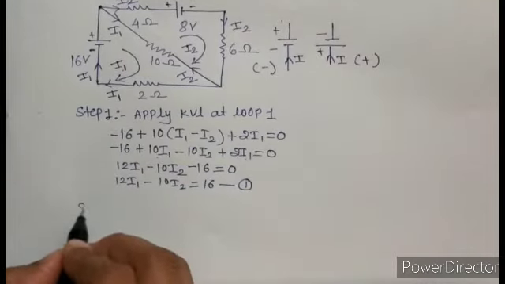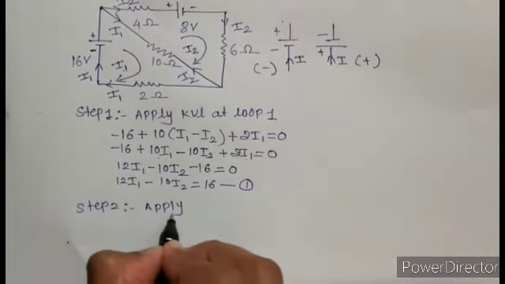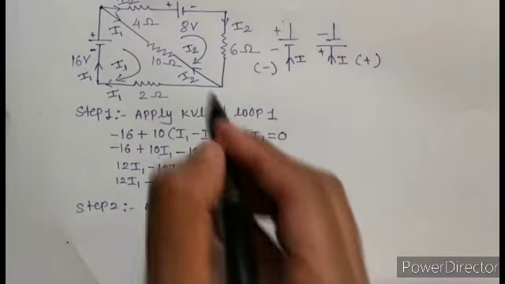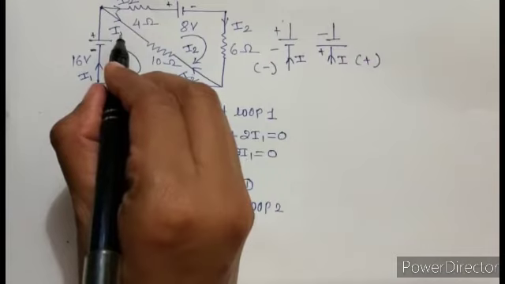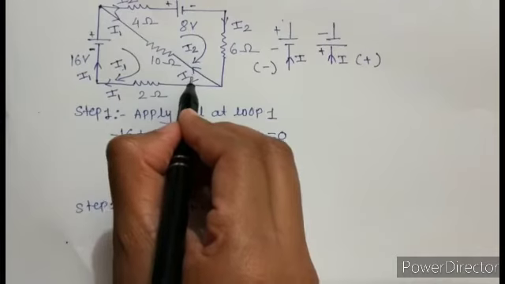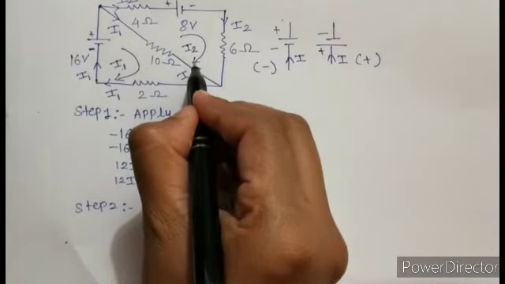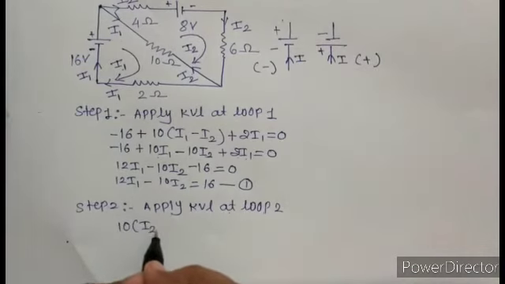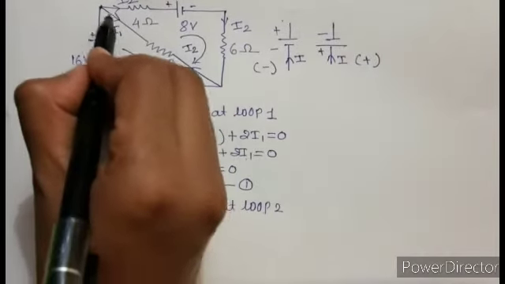Now step number 2. Apply KVL at loop 2. लूप 2 को आप देख रहे हो, I2 का करंट 10 ओहम में से फ्लो हो रहा है, लेकिन आप फिर से यहाँ पे I1 करंट देख रहे हो, मतलब 10 ओहम में से I1 भी फ्लो हो रहा है और I2 भी फ्लो हो रहा है, लेकिन इस टाइम हम KVL लूप 2 में अप्लाई कर रहे हैं। सो हम I2 को प्लस लेंगे और I1 को माइनस लेंगे। सो 10 इंटू (I2 minus I1), plus, then further this I2 current flows through the 4